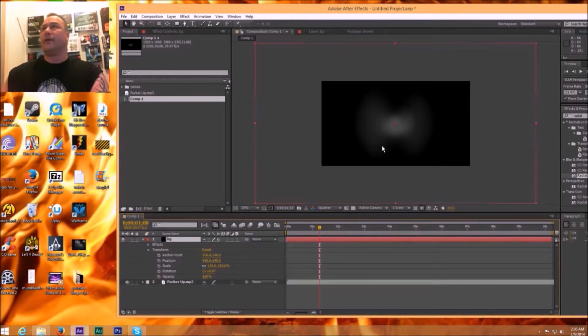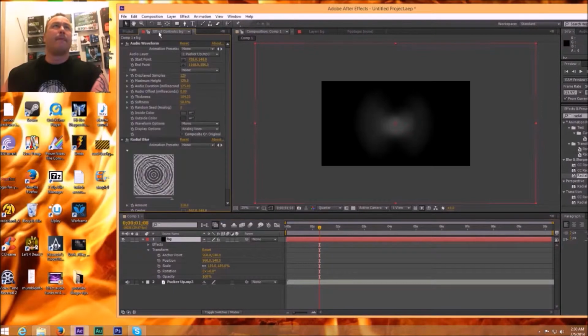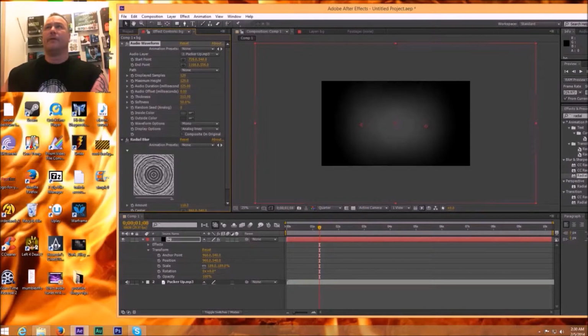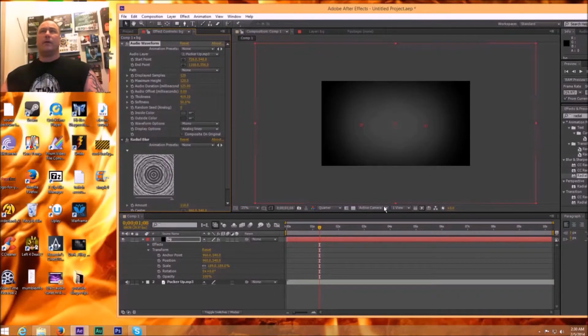So I've scaled that up. And I think I'm going to make this a little bit more round, see if I can add to the thickness. Just taking the thickness up, make it more round. There we go. I'm going to scrub through this and see we have movement. That's going to be our background for our advanced